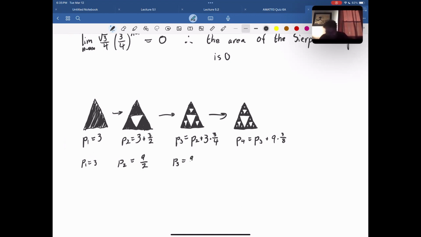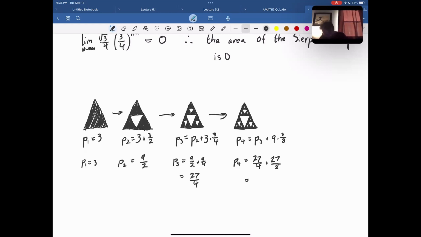It's going to be 9/2 plus 9/4, which is really going to be 27/4, right? And then P4 is going to be 27/4 plus 27/8,